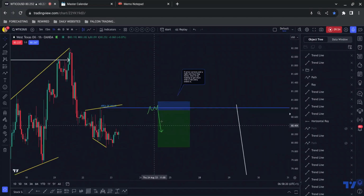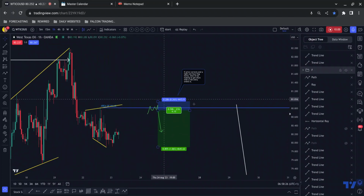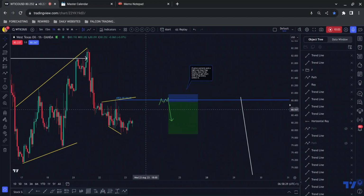I've just moved this to the side so that if this does shape up, I have enough room to put another risk to reward tool on the chart to the left of this forecast, so that I can cross-reference the two. If price corrects in a tight 1 hour flag, that should be a larger 1 hour flag, but you get the point. If a larger 1 hour flag forms, then I'll be looking to get short with a risk entry within it. Okay, so if we come up to here and get that, we get that 1, 2